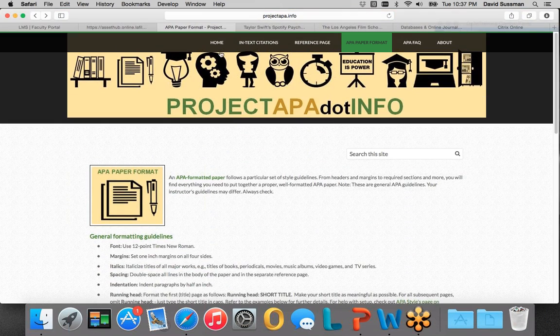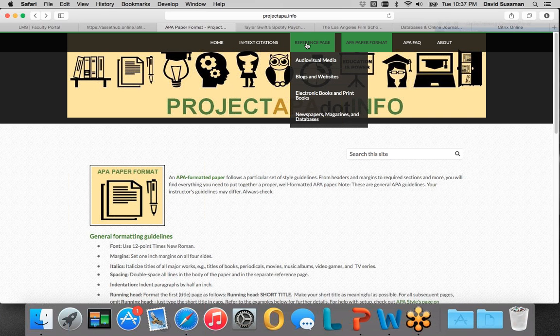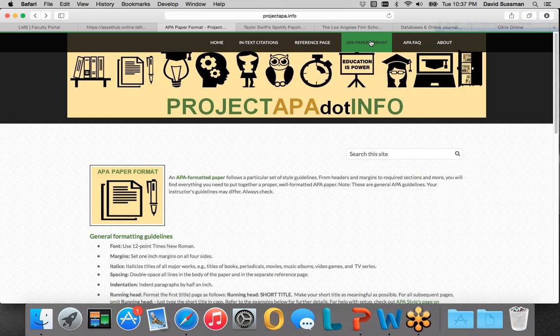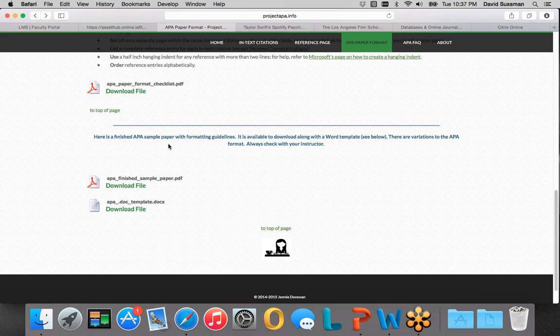Okay, I've shown this before. It covers everything, the references page. So if you need information on, well, how do I cite a website? It has that there. I just showed you in real time, but in case you forgot, go here. Project APA info. If you need a reminder of what the format needs to look like, you get an example, right? It's not popping up right now, but if you click on the file, it will pop up.